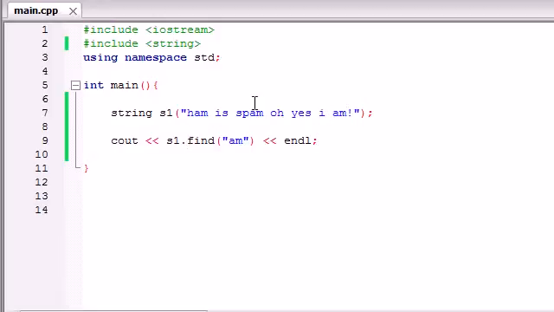Well, there's another function for that, and that's called rfind. This stands for reverse find. You know how whenever you're finding a substring such as "am" in a bigger string, it starts at the beginning and works left to right. Well, what reverse find does is it works right to left, and it's going to look for "am". So it's basically going to give you the last occurrence of "am", so let's print this out,